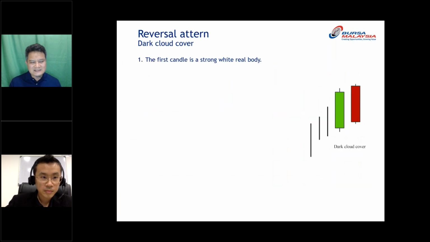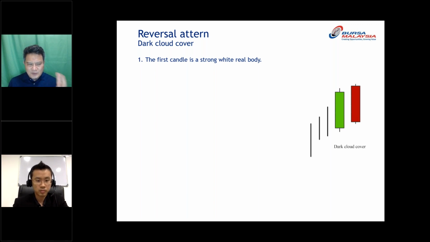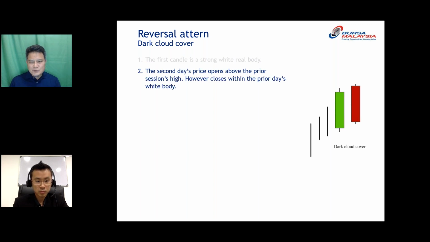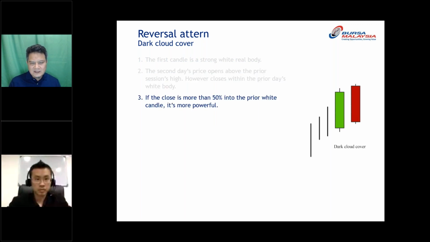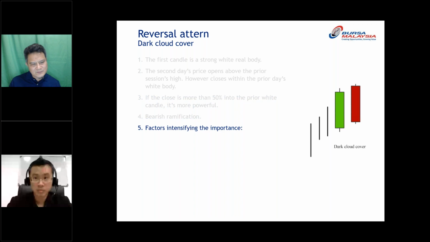And next one is a dark cloud. Dark cloud, you see, it depends on the location. In this location, a dark cloud is usually at the top or at the peak. And usually in this dark cloud both candles are long candles. And if you notice, the second candle dropped more than 50% of the white candle. So that is a very strong signal that the price is going to reverse. Okay, it's a very strong indication.